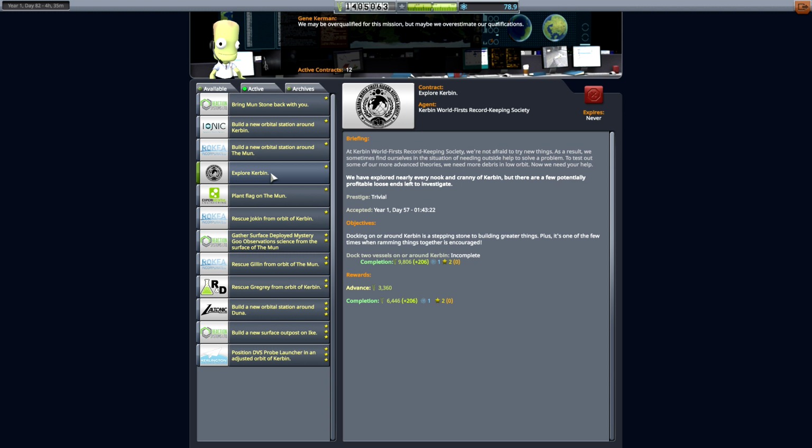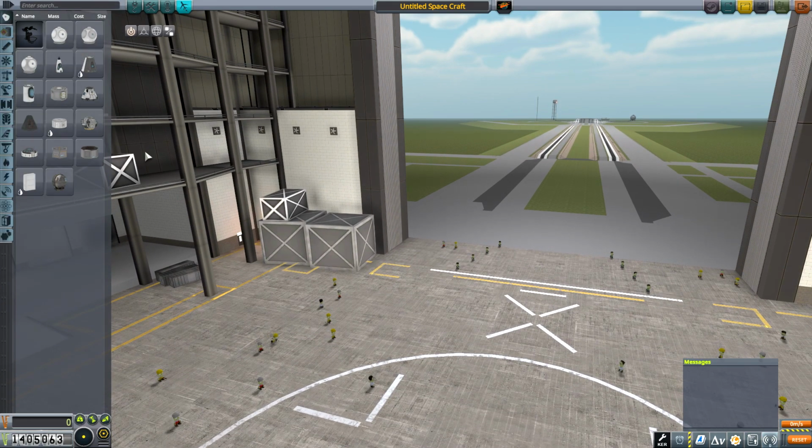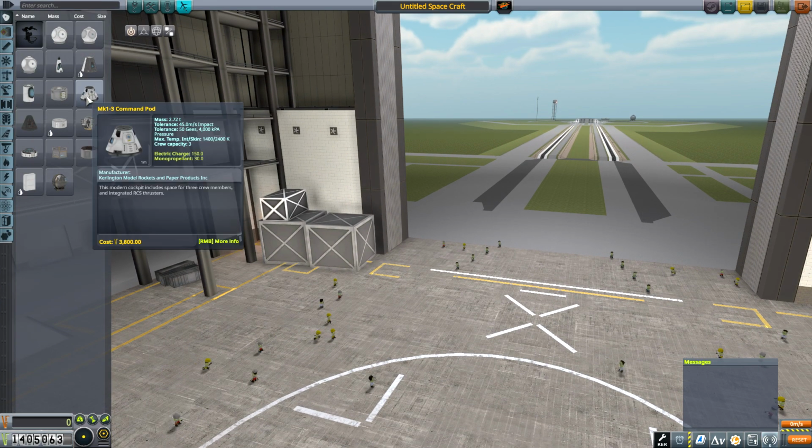But should we first build an orbital station around Kerbin? That might be fun. What do we need for this? Gotta have at least 5 Kerbals. We could at least pop up the first stage of our space station. So let's get something cool for the